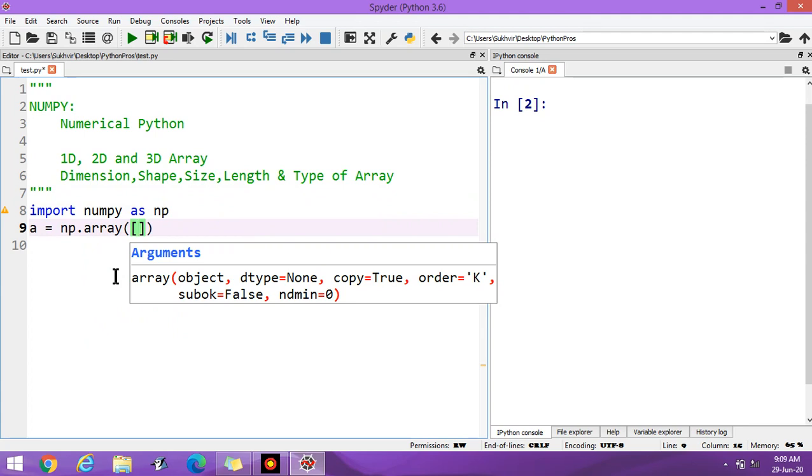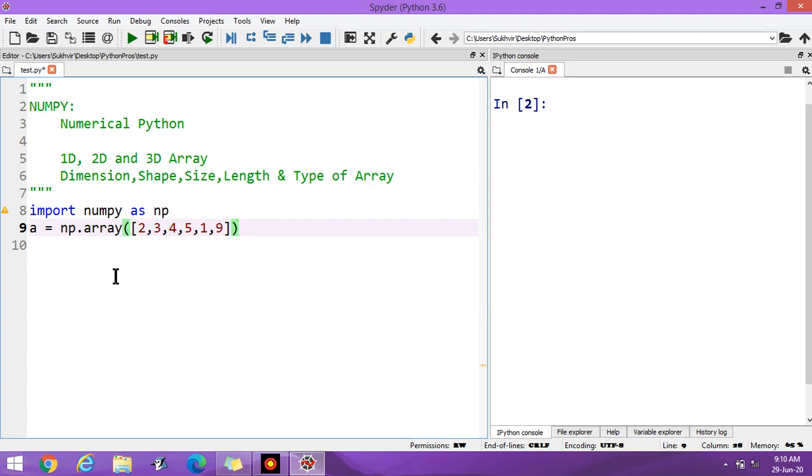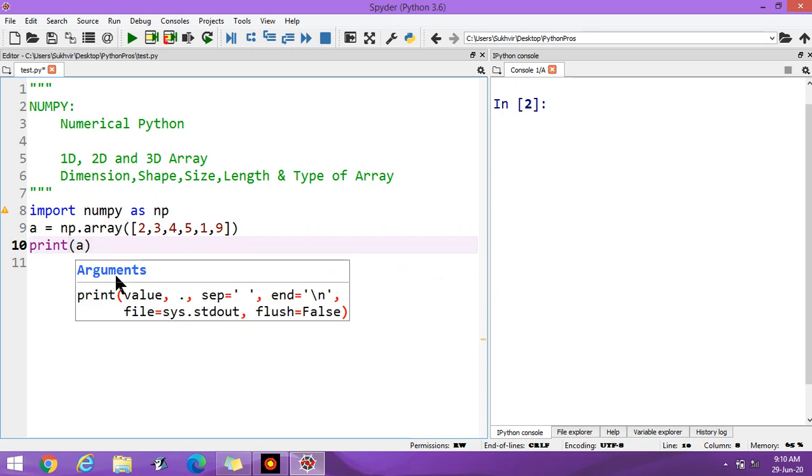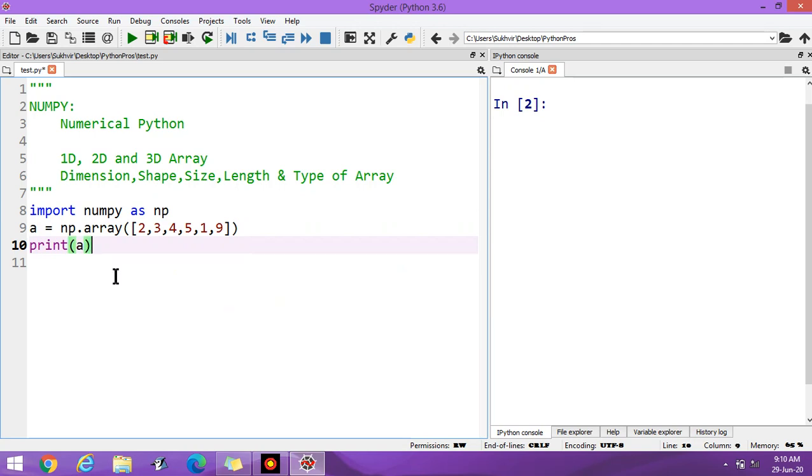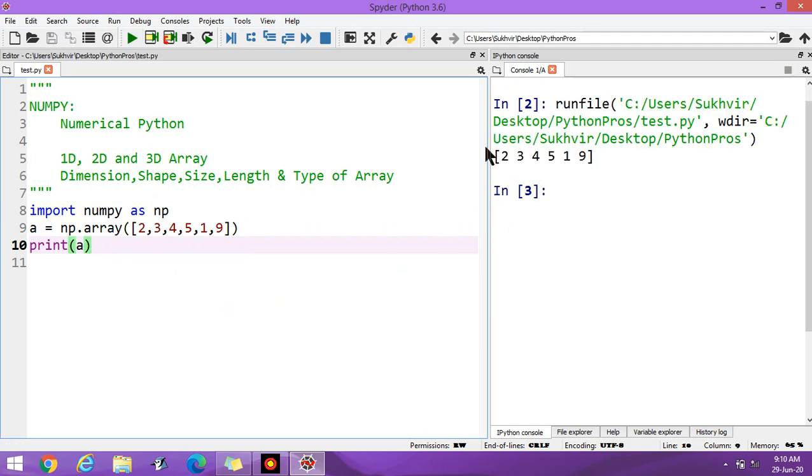Pass some elements inside the array. Now print A, the declared array. You can display the values 2, 3, 4, 5, 1, 9. These are the values. Basically it's a one dimension array.